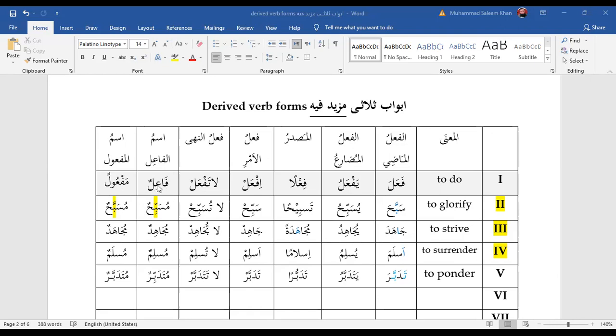Verb from number 1, it will always be on the pattern of fa'ilun wa maf'ulun. And it will not change, as we can see here. For example, from nasara, it will be nasirun wa mansurun. Similarly, if we have daraba, it will be daribun wa madrubun. We are talking about the first form of the verb. No, but I'm asking about the meaning. What is the difference in meaning? When we say fa'il and maf'ul, the meaning is the same or different? This difference, fa'il is the doer, maf'ul is the receiver. Excellent, perfect.